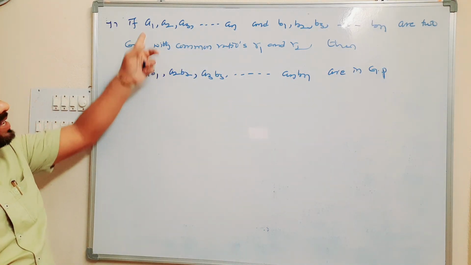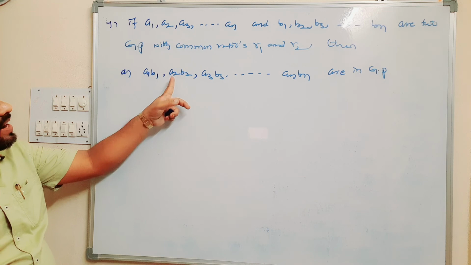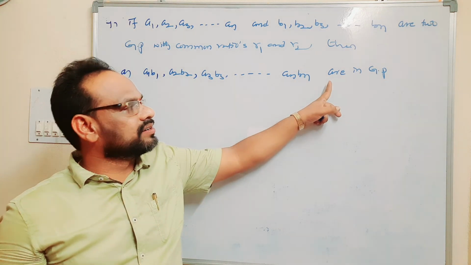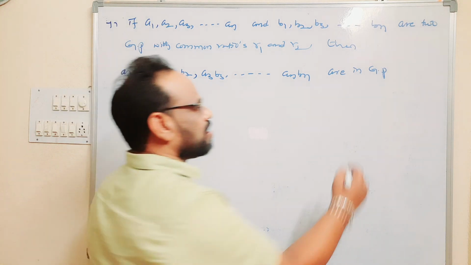If we multiply each term, A1 into B1, A2 into B2, A3 into B3 and so on, AN into BN are in geometric progression with common ratio